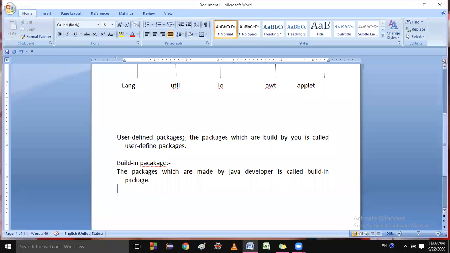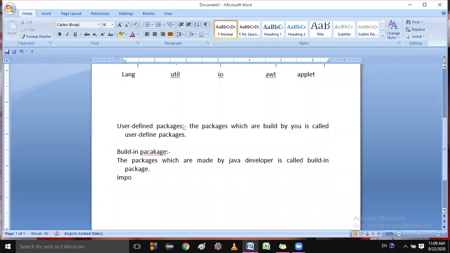There is one keyword, import. The name of the keyword is import. So you will write import. Where will you write? In the very starting line. You will write the import keyword. Is it right to everyone? Clear? Yes, sir. Okay. So import, and there is one more main package, Java. I said all the packages are inside the Java package. That means the main container is Java. Is it clear to everyone?